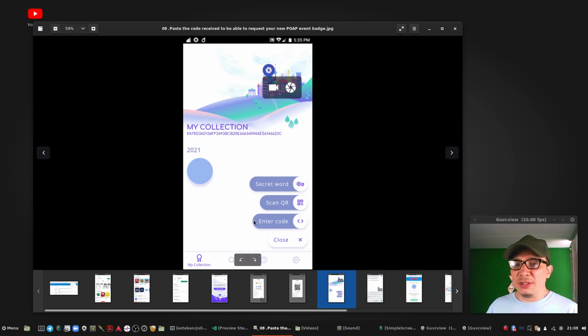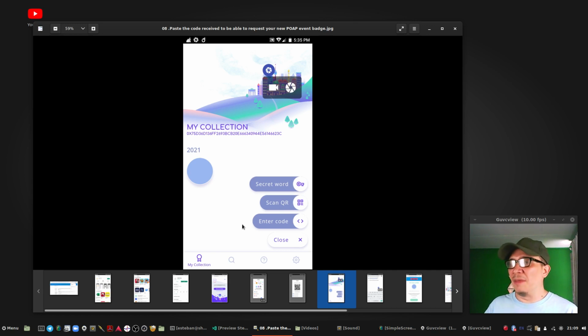But next to it, don't pay attention to the test collection or empty collections, there is a series of buttons. There's the secret word, the scan QR, or enter the code. My favorite here is enter the code as attendee.